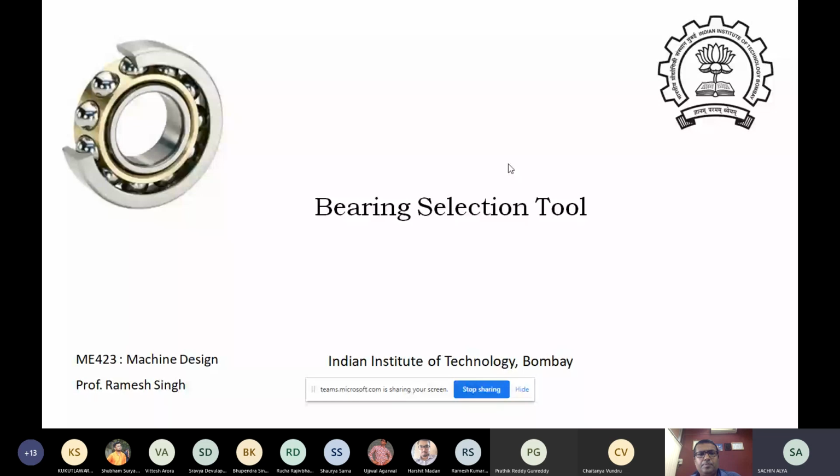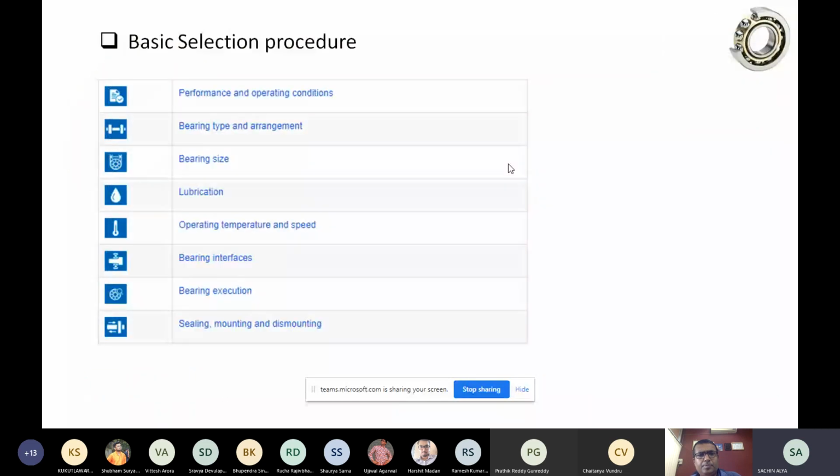They have developed a specific tool for selecting the bearing. They guide us step by step on the various parameters we have to enter and the bearing properties we get from their catalog. So this is the basic selection process.